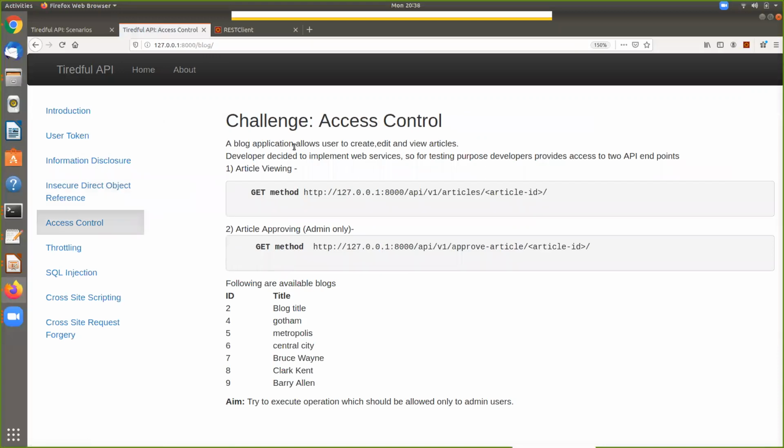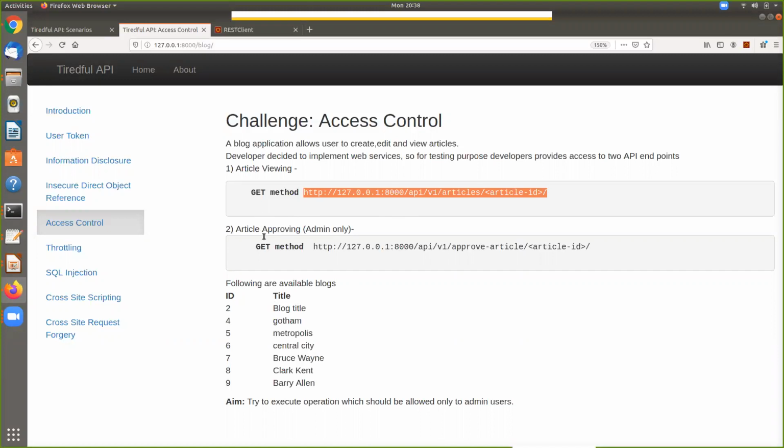So I'm going to click on access control, and the idea behind this is a blog application allows users to create, edit, or view articles. The developer decided to implement web services. So for testing purposes, developers provide access to 2 API endpoints. To view an article, you would run this GET command with an article ID, which you can see in the ID numbers down here.